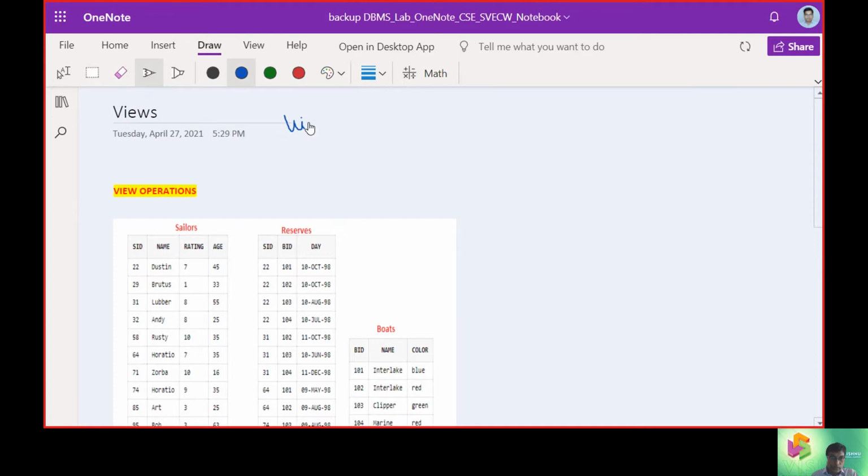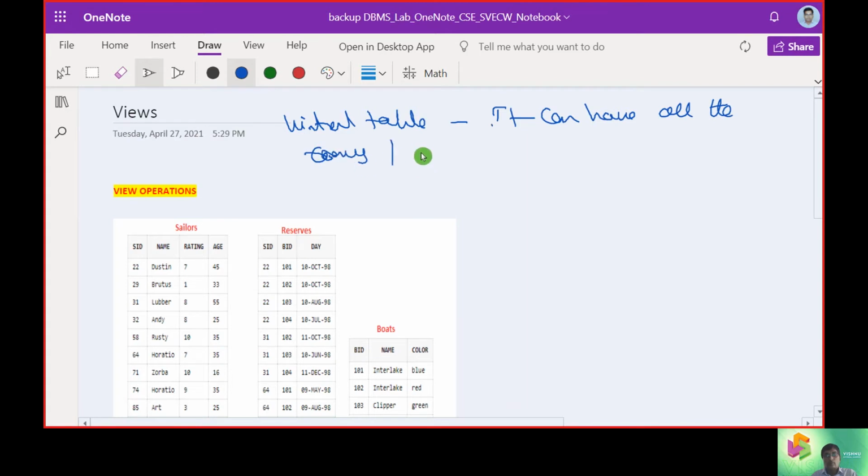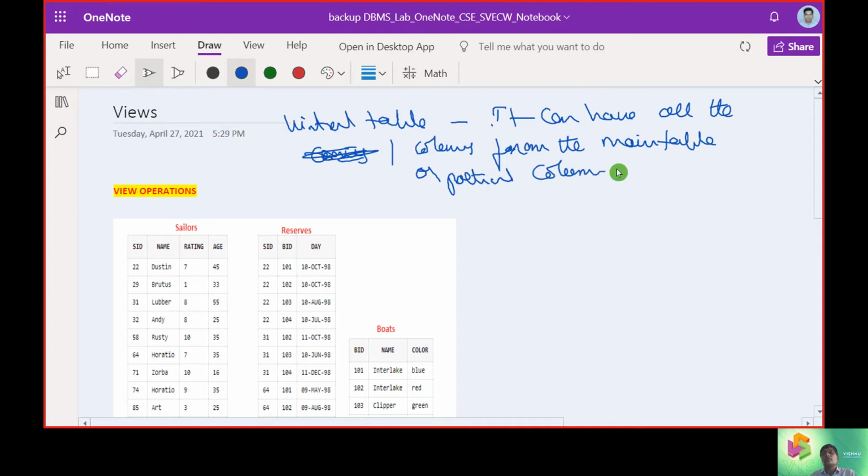A view is going to be a virtual table, and it can have all the rows, all the columns from the table, or partial columns of the main table.